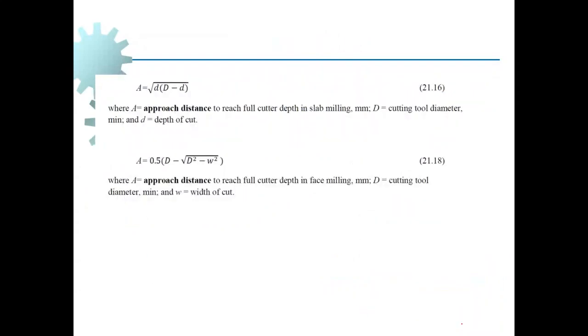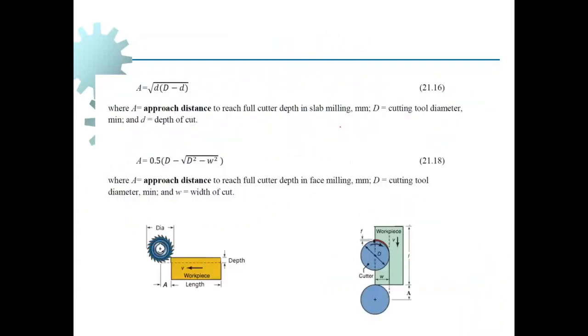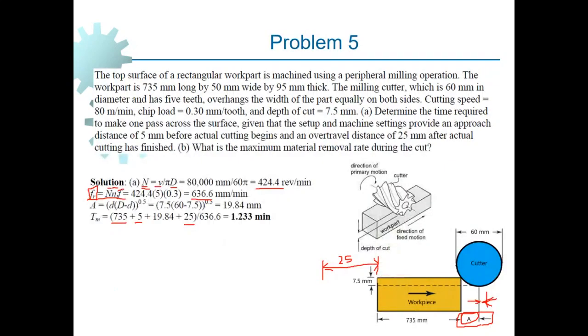If we get back to the equation for peripheral milling or slab milling, this is the equation. Okay, if we take this equation out and substitute the depth of cut, which is 7.5, and also the diameter of the cutting tool, which is 60, then we can easily compute allowance for this given operation. And it is done here. 7.5 is the depth of cut, 60 is the diameter of the cutting tool. It gives us this much, which is